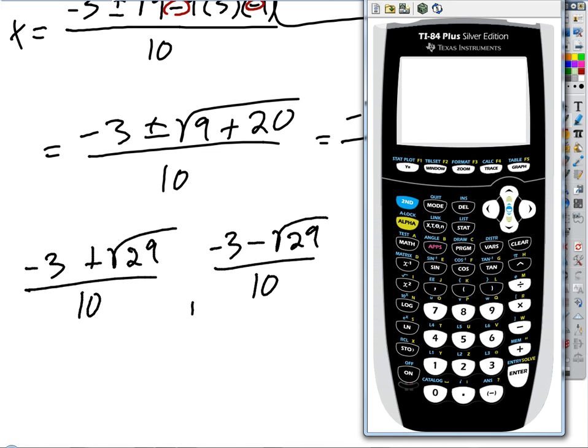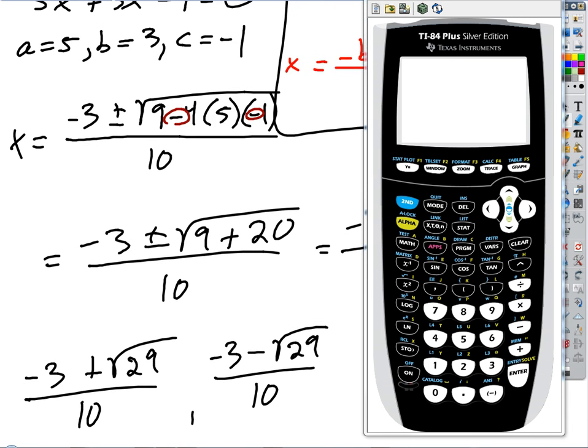If decimal answers are allowed, I could just pull up a set of parentheses here. Actually, let's go up a little bit. Let's simplify this thing right here. I could put a set of parentheses around the whole numerator and around the whole denominator. Or I could even use the fraction template, which makes it even easier. If I go alpha F1, enter, I can pull up a fraction and make it look just like this. So I've got negative 3 plus